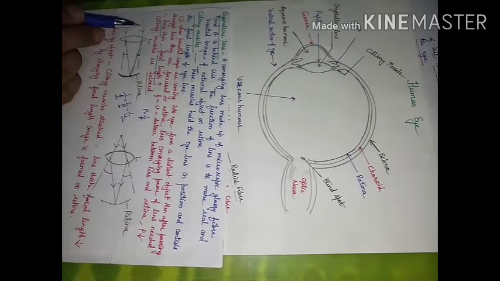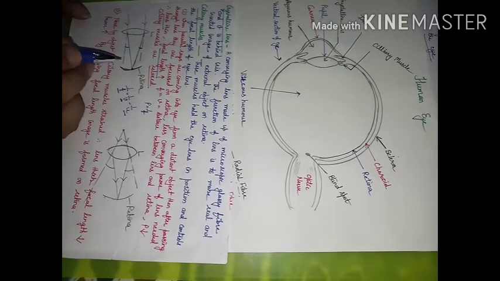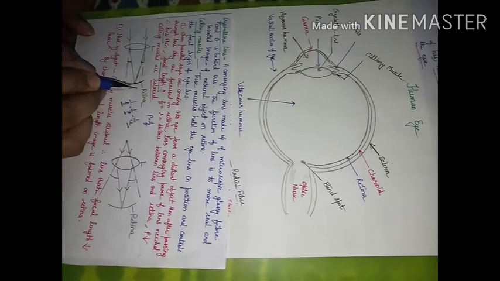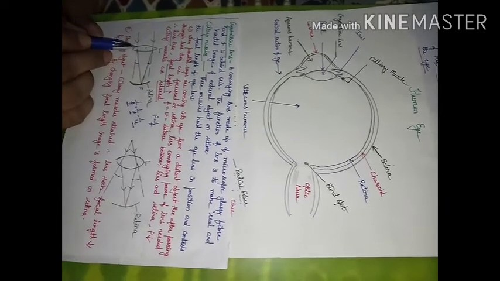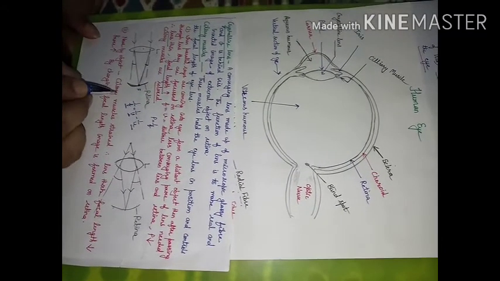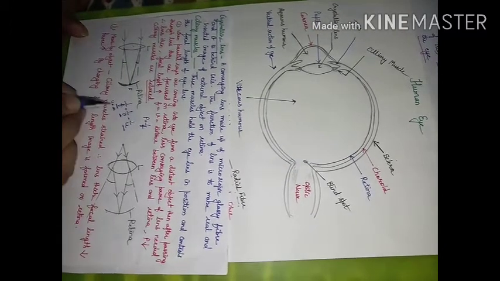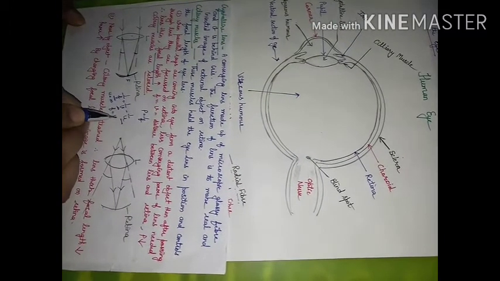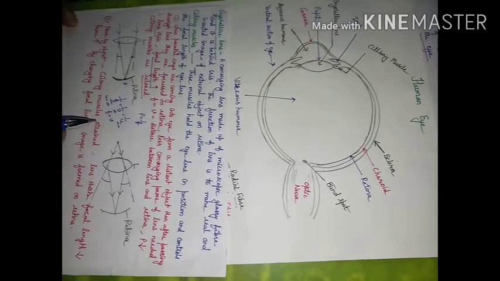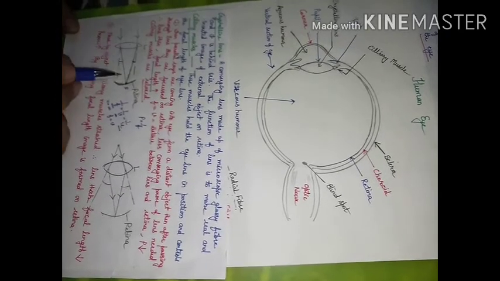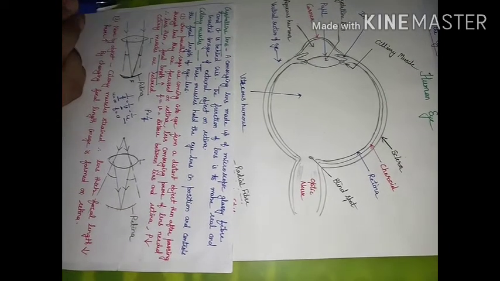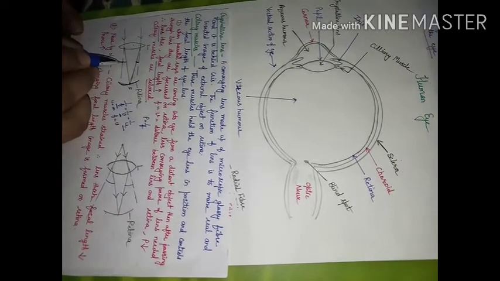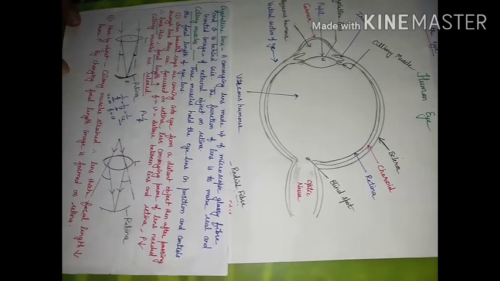And when the rays are parallel, they converge at the focus. So this much gap gives the focal length of this lens. Or in this case, when the object is kept at infinity, the focal length will be equal to v. It means the image distance will be equal to the focal length of the lens. So when the object is kept at a very large distance, you need this much amount of change in path.